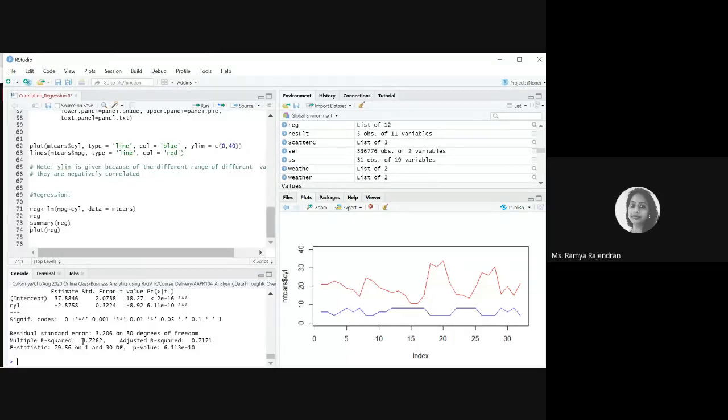When you see this r square value, it explains how the variables cyl and mpg are related to each other. The relationship is around 0.72, which means you can always add more variables. When we're trying to identify the relationship between more independent variables and one dependent variable, r square and adjusted r square come to the rescue to validate the model.